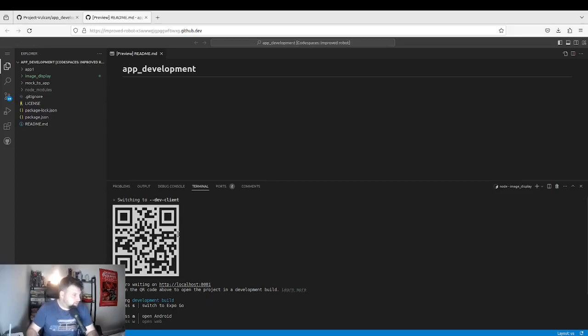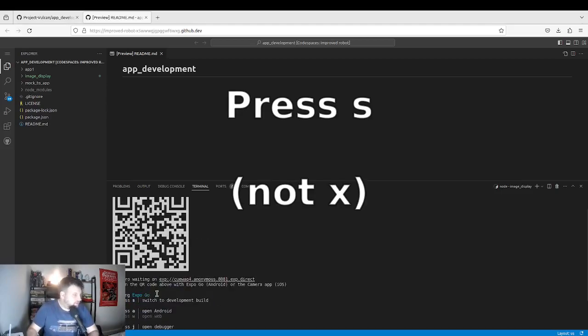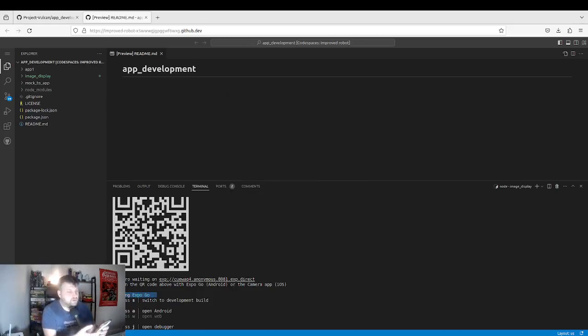see this QR code here. Now, see here, it says using development build. If yours says that, we don't actually want that. We want to switch to Expo Go. So press X to use Expo Go. Right, that's great. Now, if you've got the Expo Go app on your phone or your mobile device, which you